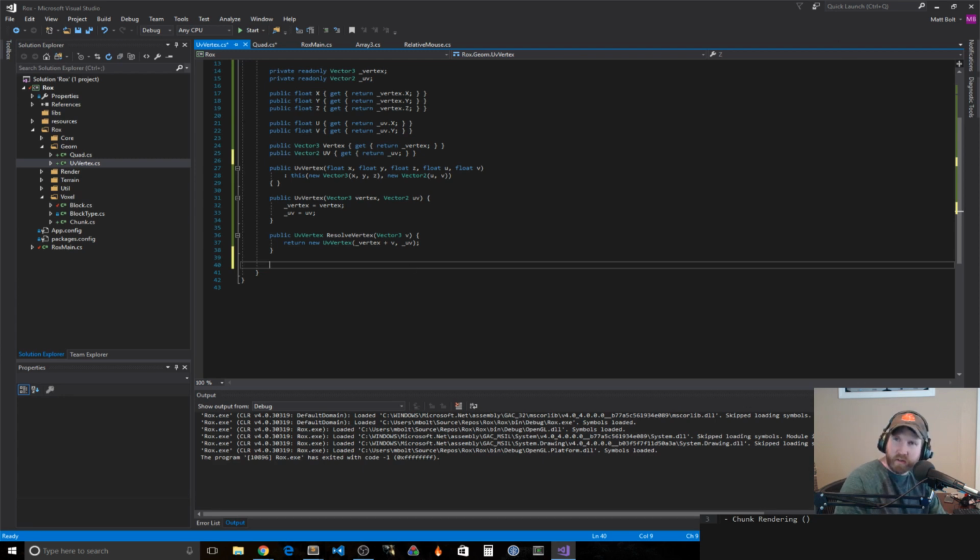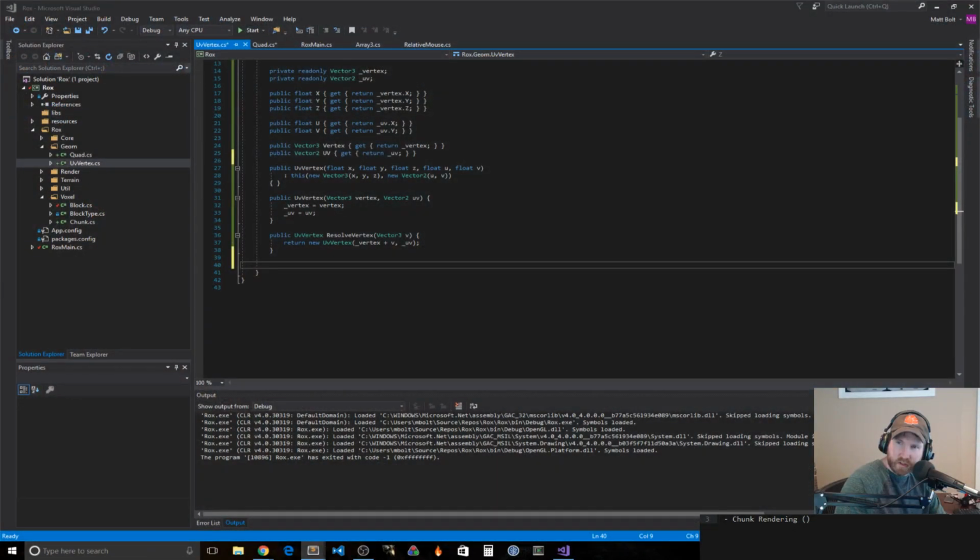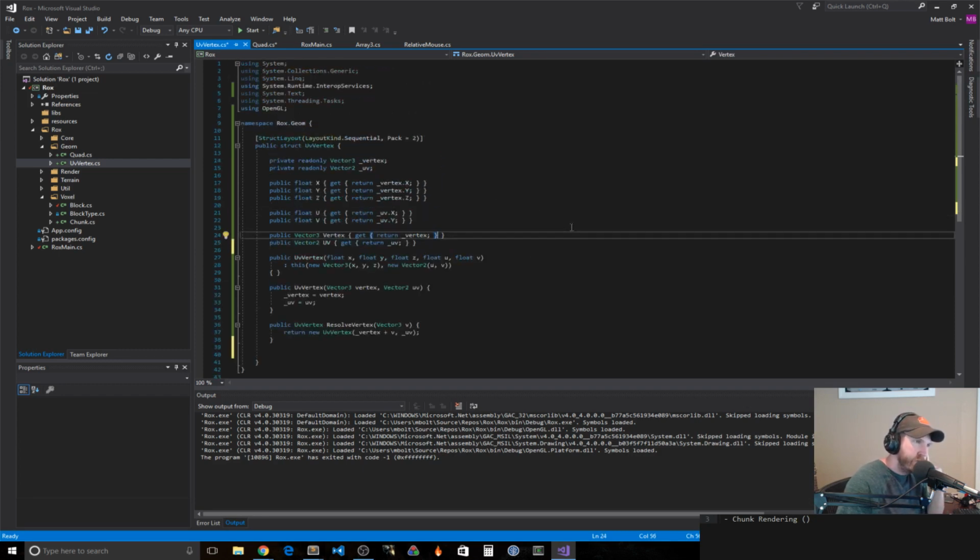So we have this resolve. I don't think we're going to need anything other than this resolve right now. If we need to come back and add some operator syntax sugar or something like that, we can. We'll probably need to do an equality and a hash function. But for now,